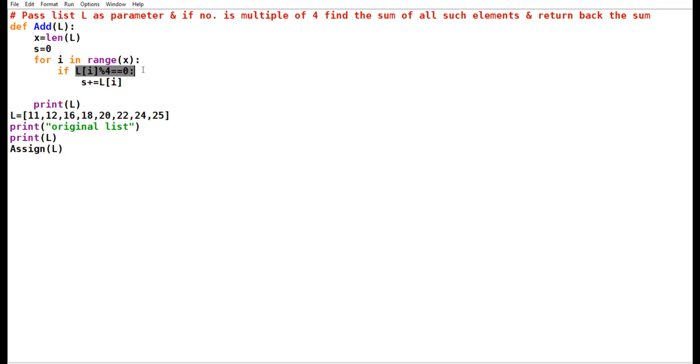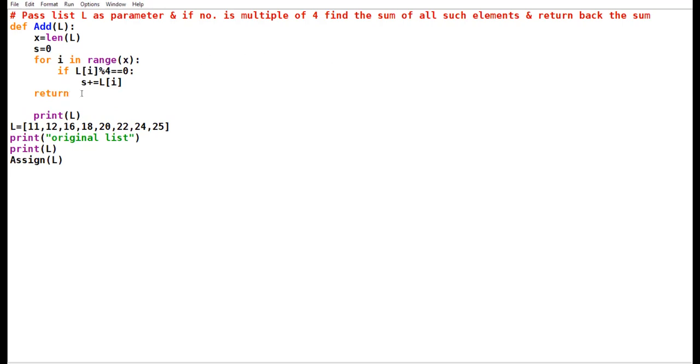If any element is not satisfying this condition, it won't come in the series of sum. Right? Now, he has asked us to return back the sum. So I write here return